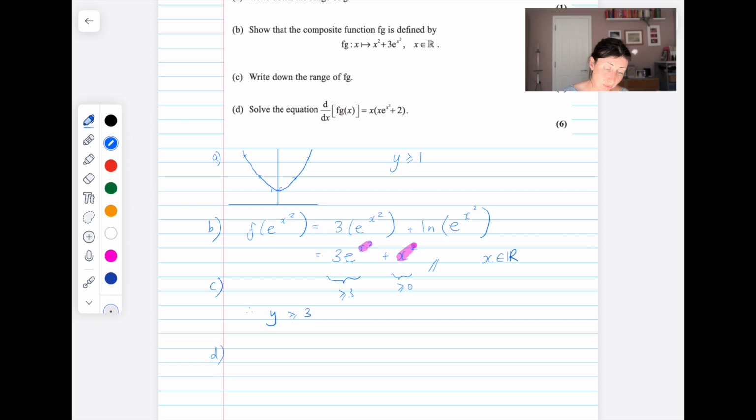Solve when the derivative of the composite equals the right-hand side. I'm just going to go straight in and differentiate that. Not going to waste any time. It is 6 marks though, which seems quite generous. e to the f of x, so you differentiate the power, times by it, leave the power the same, equals